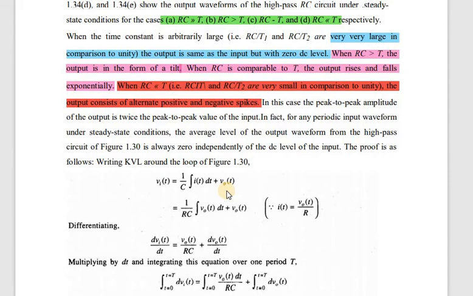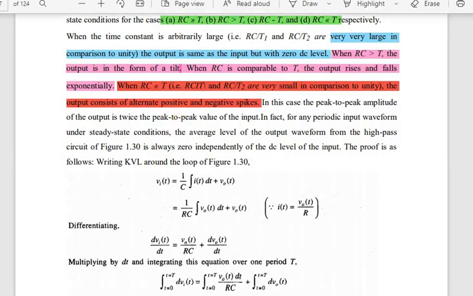It has a green and black cover. Please refer to this textbook. I will also tell the page numbers, 30 and 31. You will have a clear idea of how you get these waveforms, and from where you got all this, it will be shown clearly in these pages. I'll repeat once again: Pulse and Digital Switching Waveforms book by the author Millman, pages 30 and 31, where you will get a clear idea of all the derivations I am telling here.